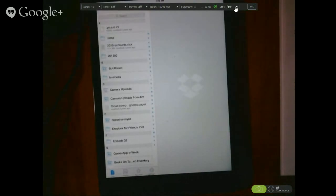Now, are they actually taking up space on... I just want to turn off the auto so it doesn't... There. Are they taking up space on my iPad? No. Wait. This is just showing you...